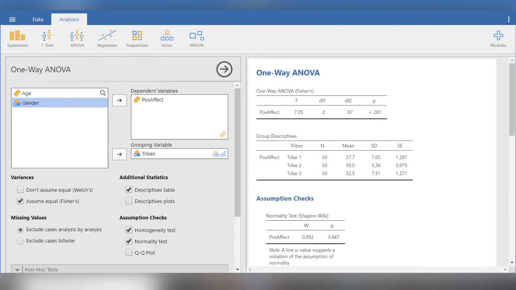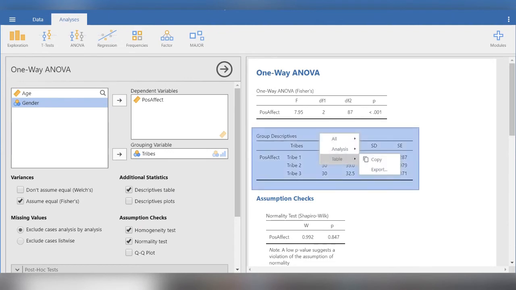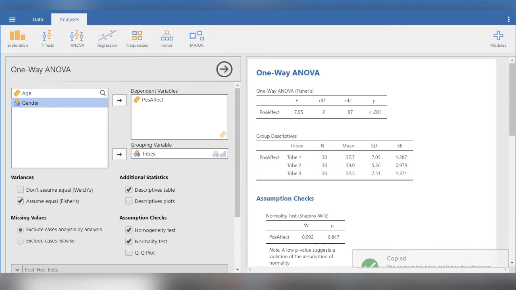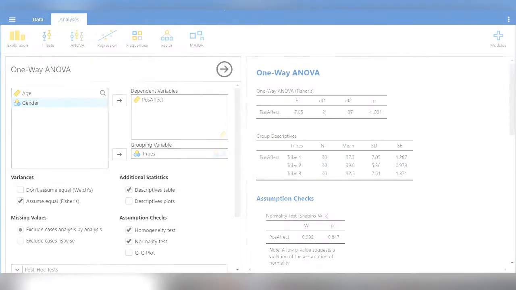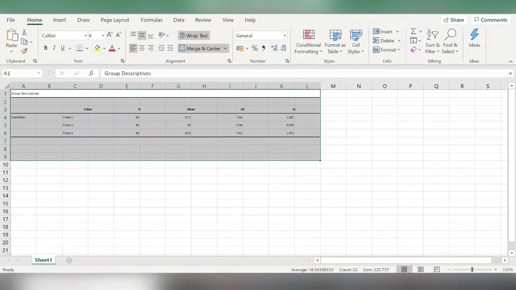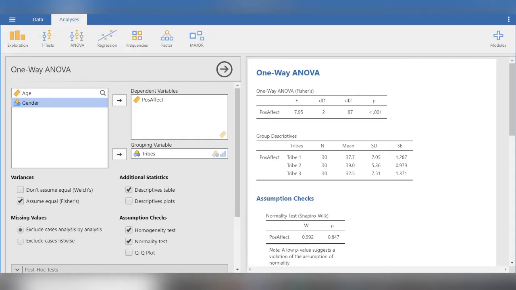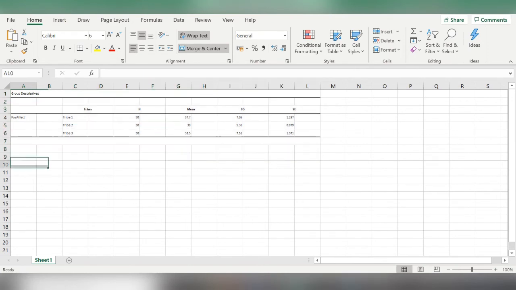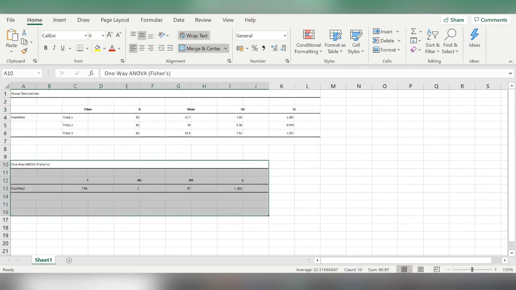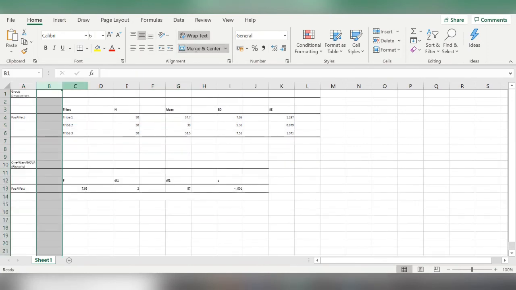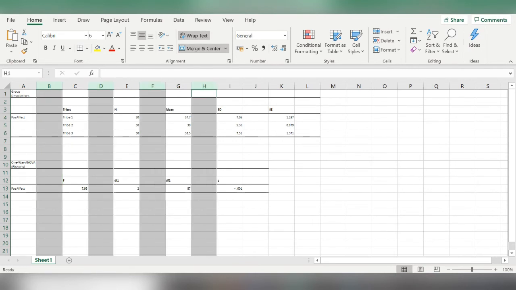Going back to the jamovi output, we confirmed using Fisher's F as our data met the assumption of the equality of variance or homogeneity of variance. Now I am copying the table on group descriptives from the output and pasting it in the Excel sheet. Copying the one-way ANOVA table from the output view, pasting it in the Excel sheet, removing the columns which do not have any information,